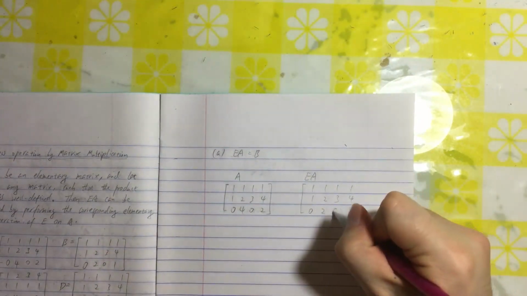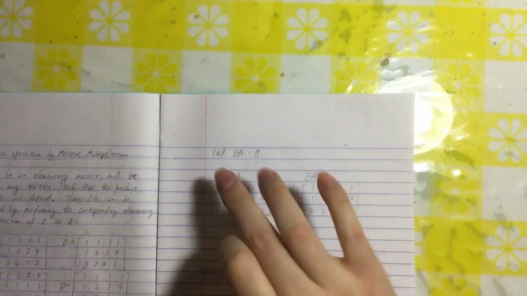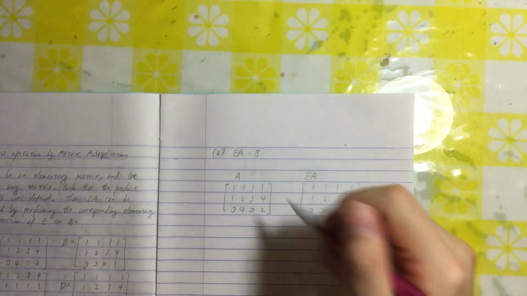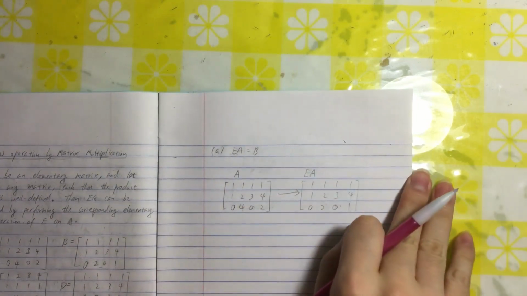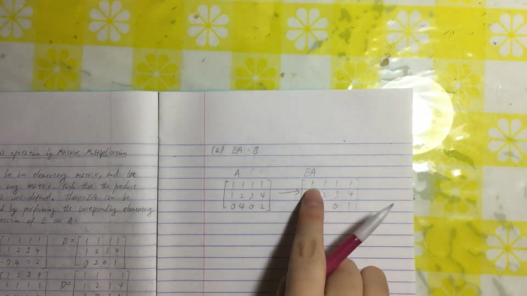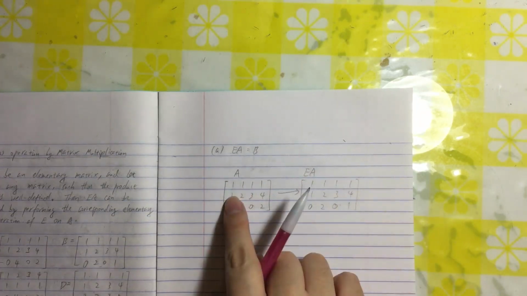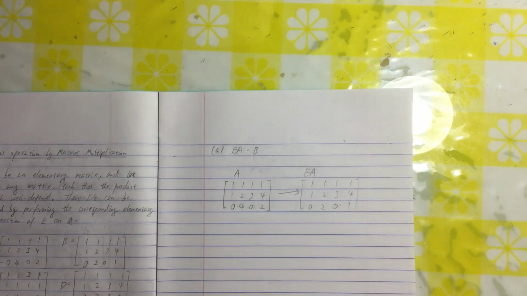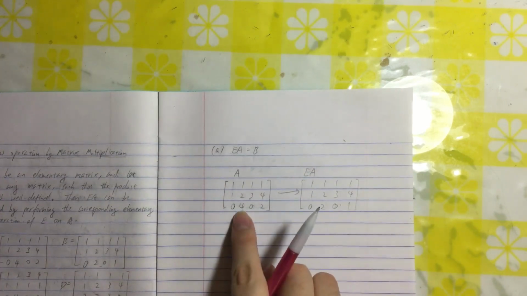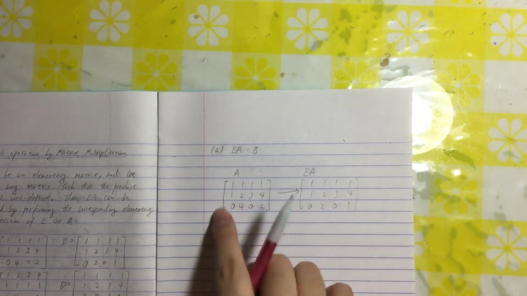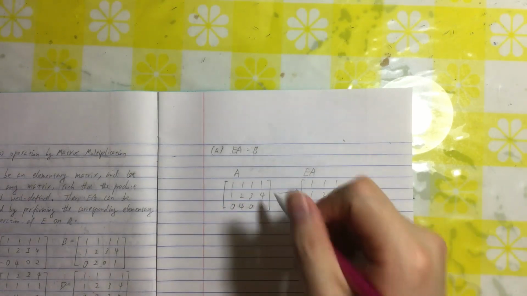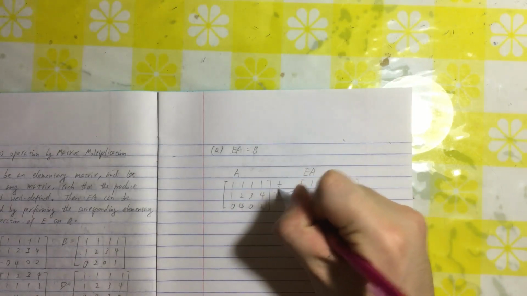Now, in order to solve for E, let's compare this matrix A and EA. What operation should we perform on A to get EA? Let's observe the matrices here. You can see that the first row looks exactly the same. The second row looks exactly the same. In the third row, 4 becomes 2, 2 becomes 1. It looks like I divide the third row by 2 here. So, if I multiply the third row by half,